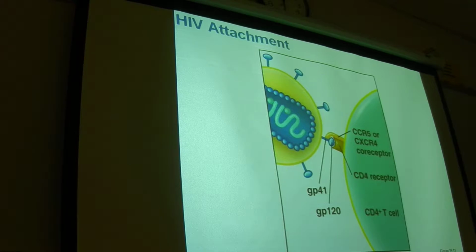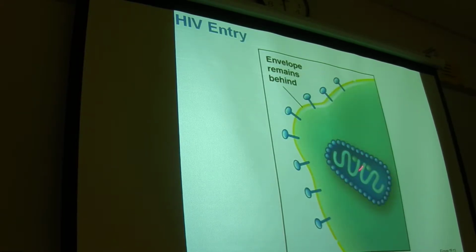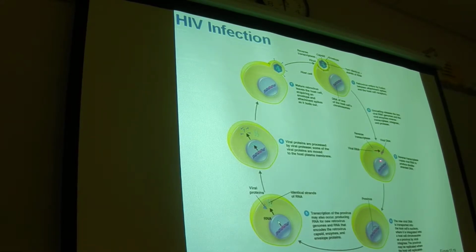So this is how infection happens. So you have, let's call it a CD4 cell that has a CD4 receptor. These glycoproteins bind to the CD4 receptor, causing the viral envelope to fuse with the cell membrane, and that allows the nucleic acid and the reverse transcriptase to be inserted into the cell. This is basically what I was just talking about, but you have your viral RNA with the reverse transcriptase. That viral RNA gets converted into viral DNA by the reverse transcriptase. That viral DNA then gets inserted into the host cell DNA.